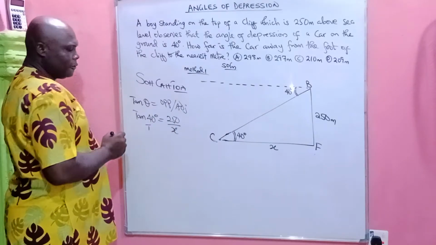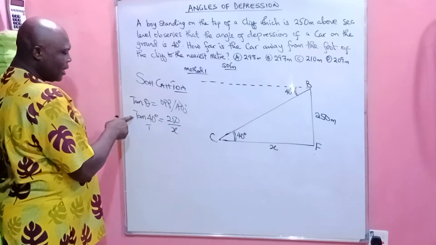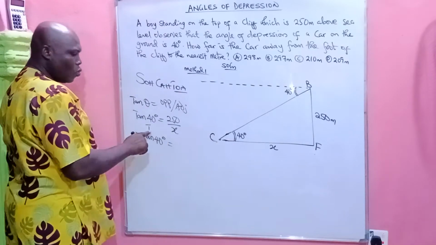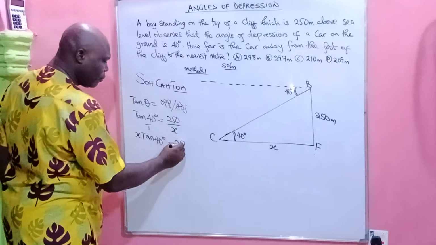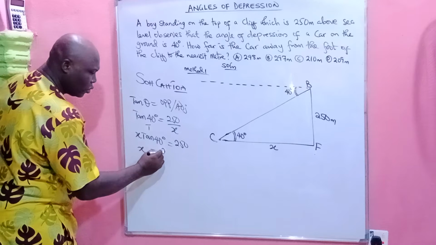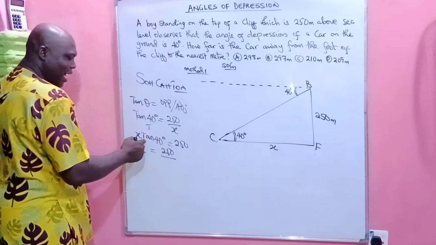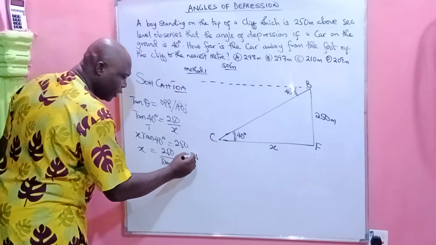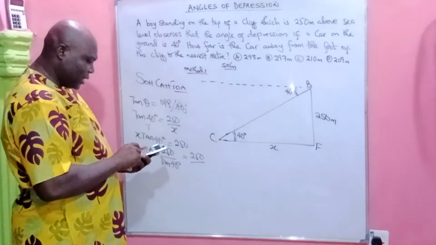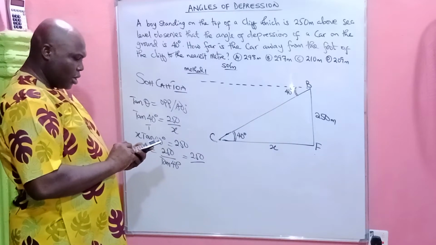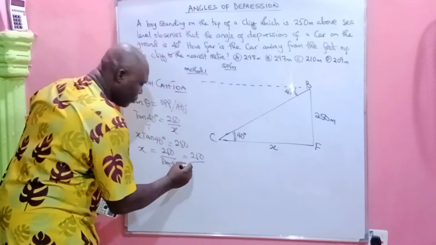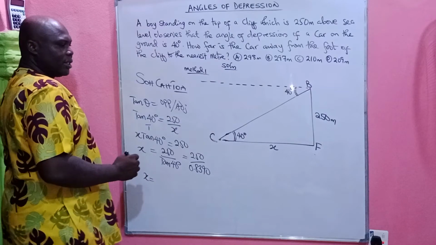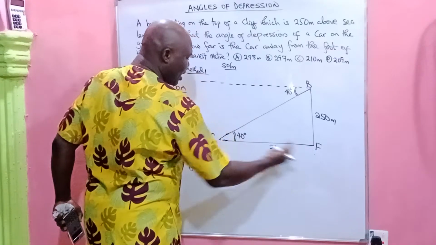So we'll make this over 1. Multiplying by x, we have x tan 40 degrees equals 250. Therefore, x alone equals 250 divided by tan 40 degrees. The tan of 40 degrees gives us 0.8390. Therefore, x, which is the distance between the foot of the cliff and the car,